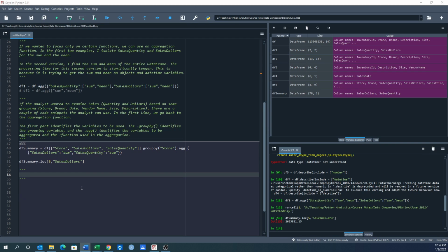As I mentioned in the previous video, if you wanted to add more aggregation functions, you can do that. So for example, in this first one, df summary, we just only aggregated based on sum. But say I wanted the sum and the mean, right? So if the analyst